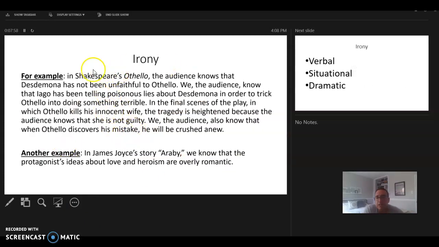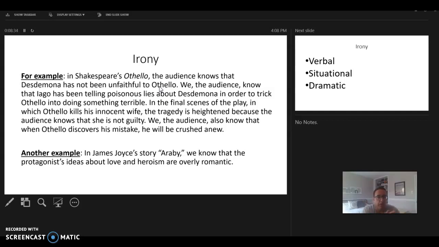Another good, more classical example, if you've read any Shakespeare, you're going to see some dramatic irony. Othello is one of my favorite plays to watch. Spoiler alert, I'm going to give some details about it. For the entire play, Iago, who's Othello's advisor, is telling Othello that Desdemona is cheating on him. Desdemona is Othello's wife, and eventually Othello comes to believe him, and he's convinced that Desdemona's cheating on him. And at the end, almost the climax of the play, he murders Desdemona. He chokes her to death on stage.